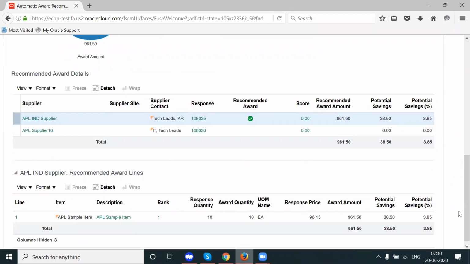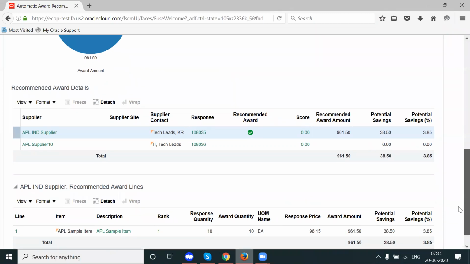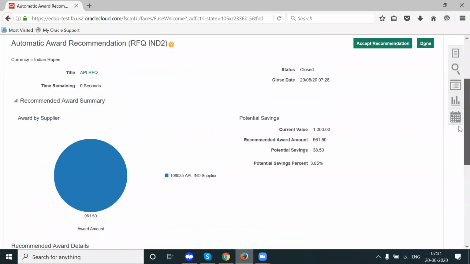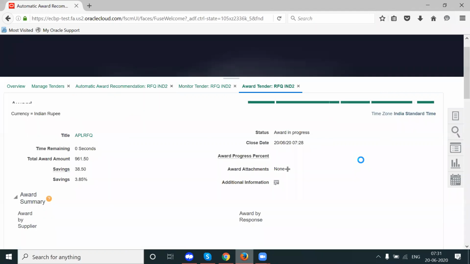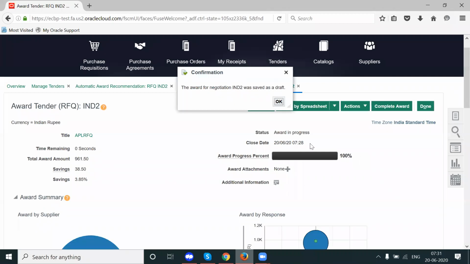Right now I'm selecting the system recommendation. In the next scenario, I'll explain the manual recommendation, nothing but manually you can award the supplier instead of taking the system recommendation. I'm accepting the system recommendation now in this example. In the next example, we'll see the manual recommendation.